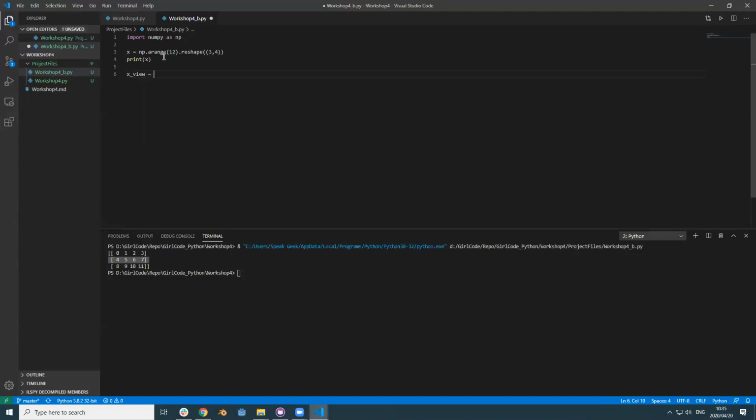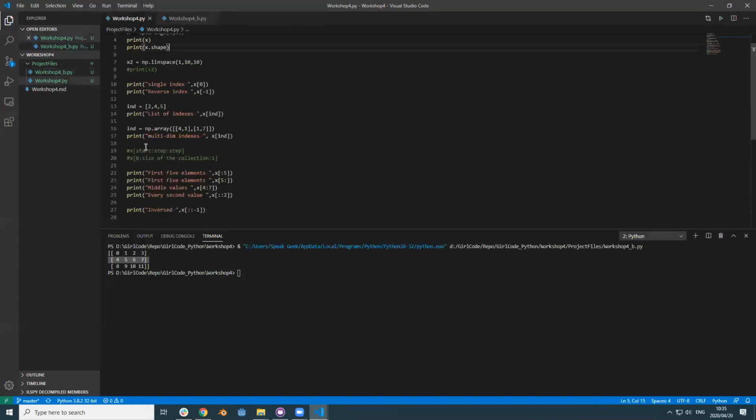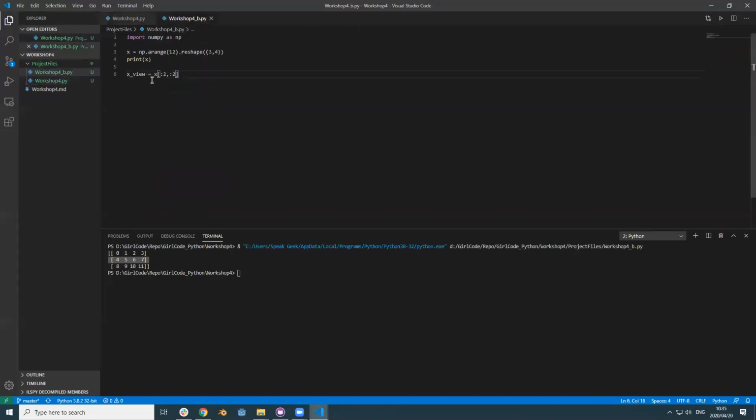And then what's going to be inside of it is our data collection. And because it's now a multi-dimensional array, in this specific case I want to sample two values, and then we use a colon again and two values. So if we look here, where we have a start and a stop, because I only have one colon and then a stop value, it's going to start at 0 and then do 2, and then it's going to start at 0 and then do 2. So X view gets set equal to pretty much